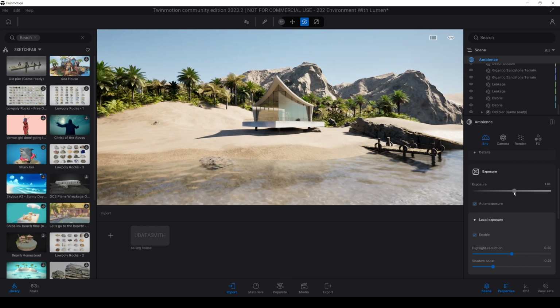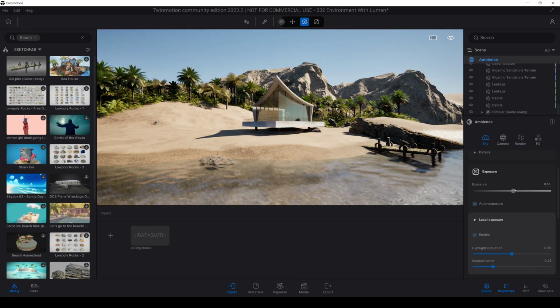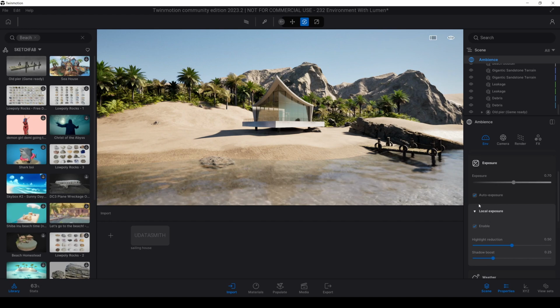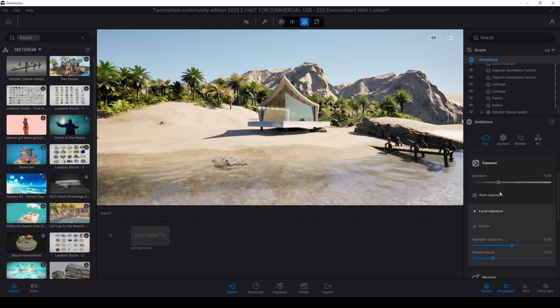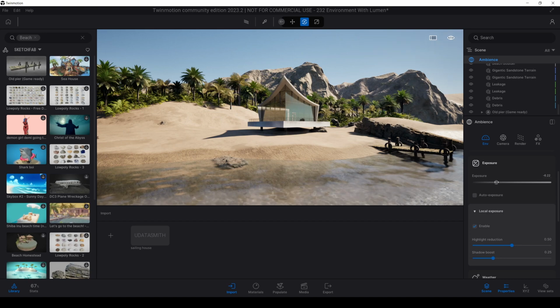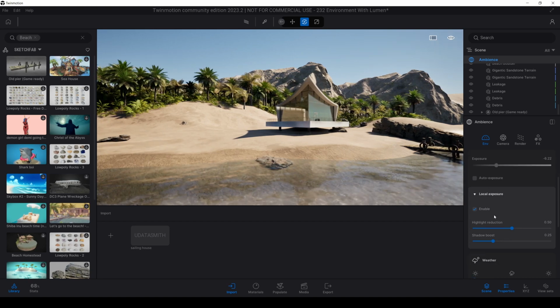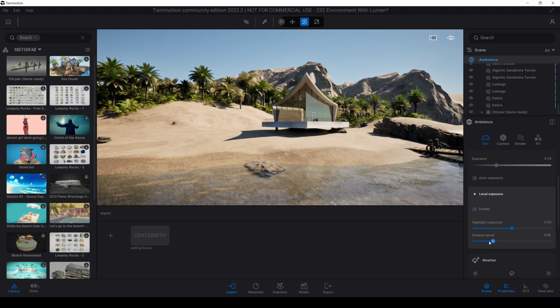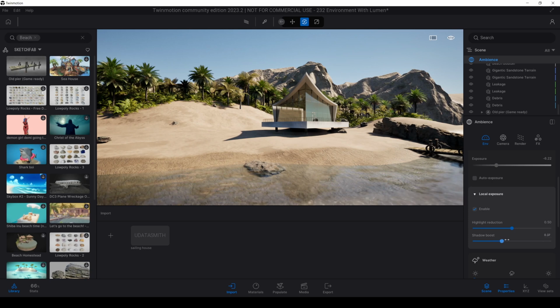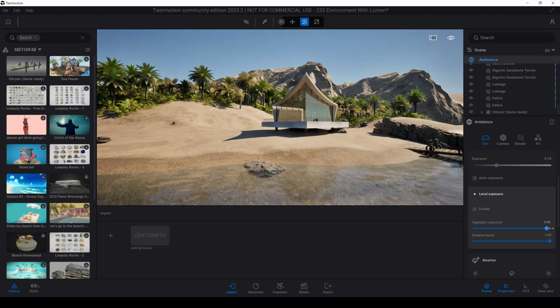First, you change your main exposure, and then you activate this local exposure. With that, you can change shadows. As you can see, now it only affects the shadows. You can look here, or you can decrease the highlight.